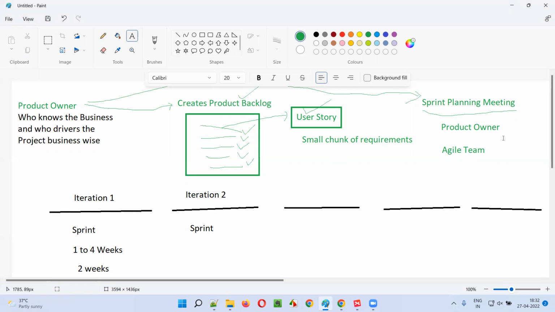Whatever the sprint is that the product owner has to start next, in that duration, that is 2 weeks, whatever stories the Agile team has to complete, all those stories will be put on the table by the product owner in front of the Agile team, and they will have a discussion on whether the stories can be completed or not in this sprint. If the Agile team accepts the stories that were put on the table by the product owner, then what is the next activity the product owner will do?